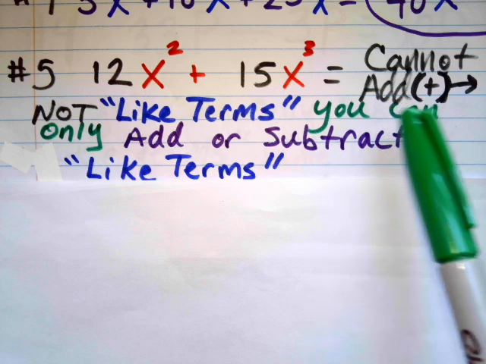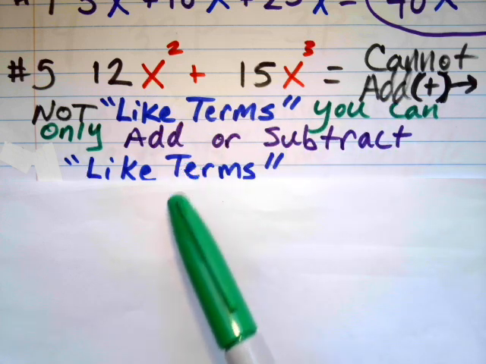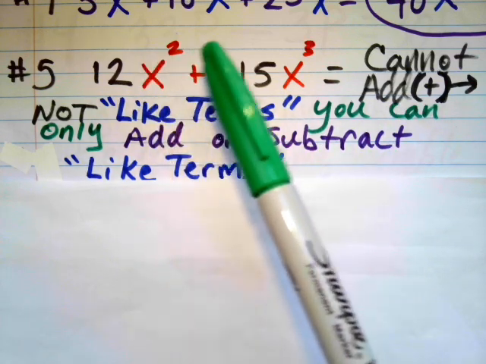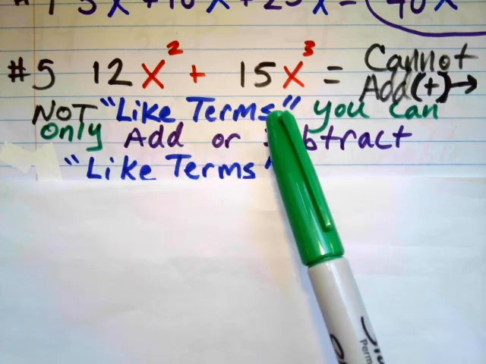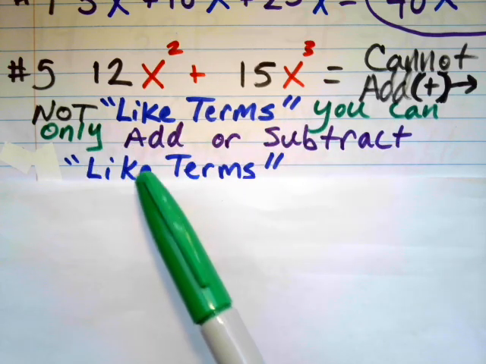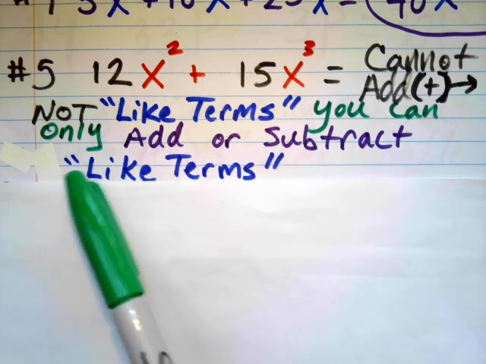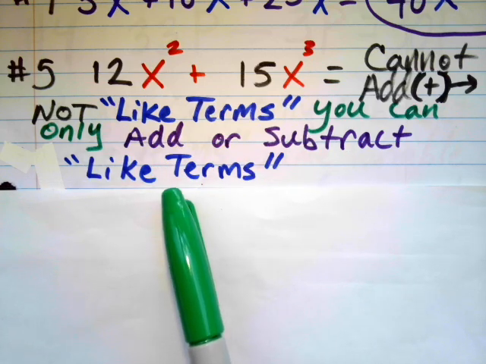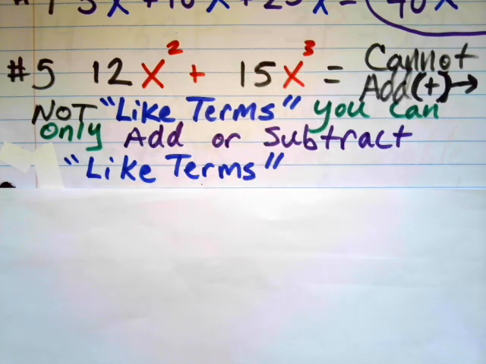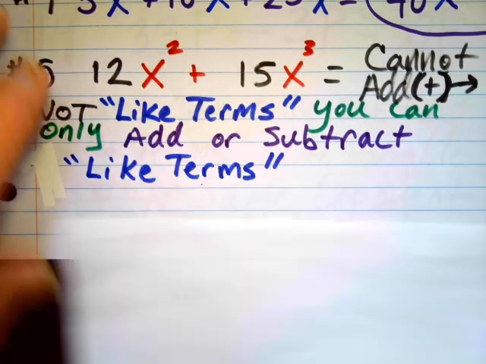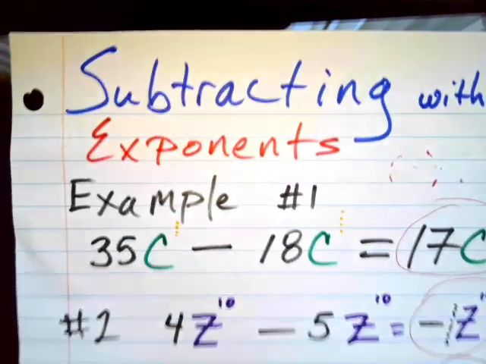You must have like terms in order to add or subtract with exponents. So since they're not like terms, you cannot add or subtract. You can only add or subtract like terms, and these terms are not like terms. So you just circle this answer. It would be simplified to the fullest, unless they gave you a value of x, and then you could substitute